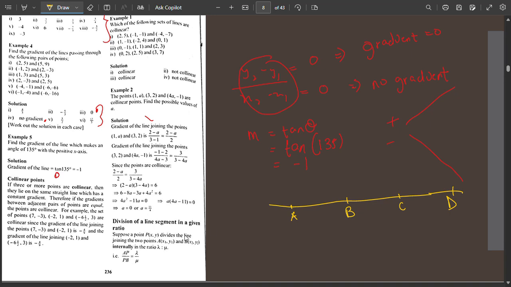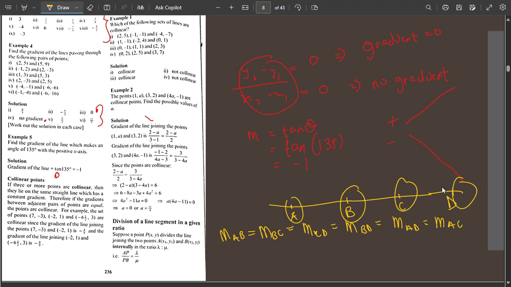That means if I find the gradient of AB, it should be the same as the gradient of BC, the same as the gradient of CD, the same as BD, the gradient of AD, and of AC, every pair that I take. We have 4 points, so 4 permutation 2 possible combinations. So if this happens, then we say that the points